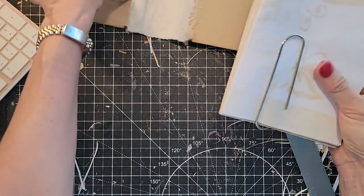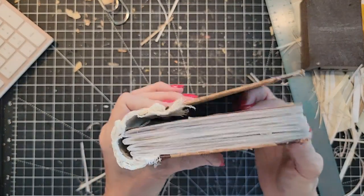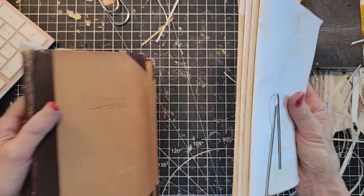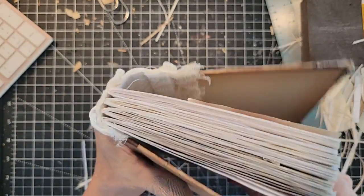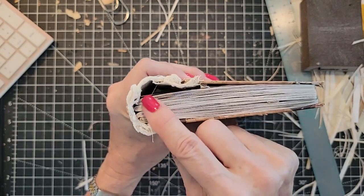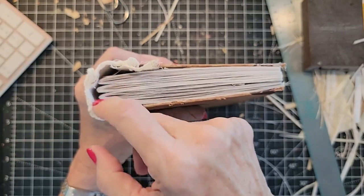But what I'm going to do is use a medium to thin piece of chipboard. When I do that, I'm going to sew all my signatures to the chipboard spine, and then glue that into the book. That's going to make this entire block move this way about maybe 1/8 of an inch to take up the room for the